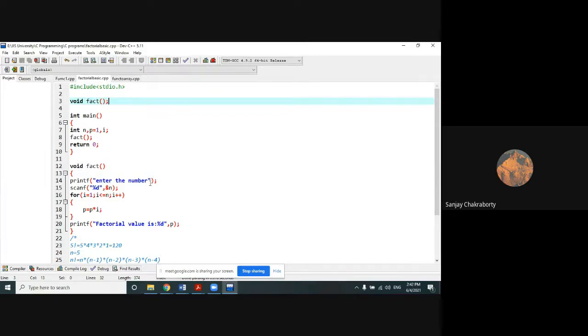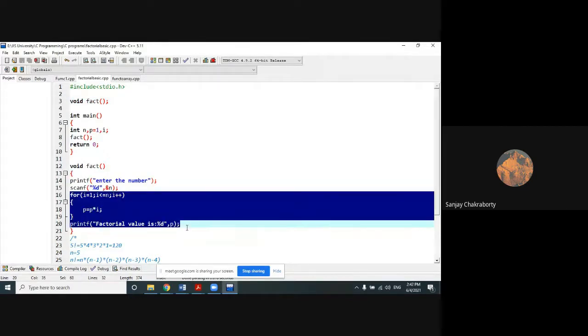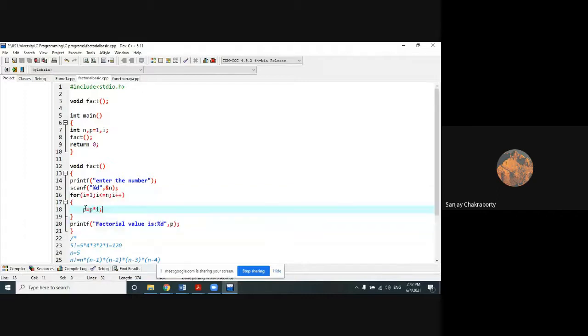Make it first simple. So here I have read the variable n, and this is the logic of the factorial. I don't need to repeat the logic again. All of you know the logic of the factorial, and this p will store the final result of the factorial value. So the control first reads this one. Now here we have to declare the p. We have to declare the p here as well.